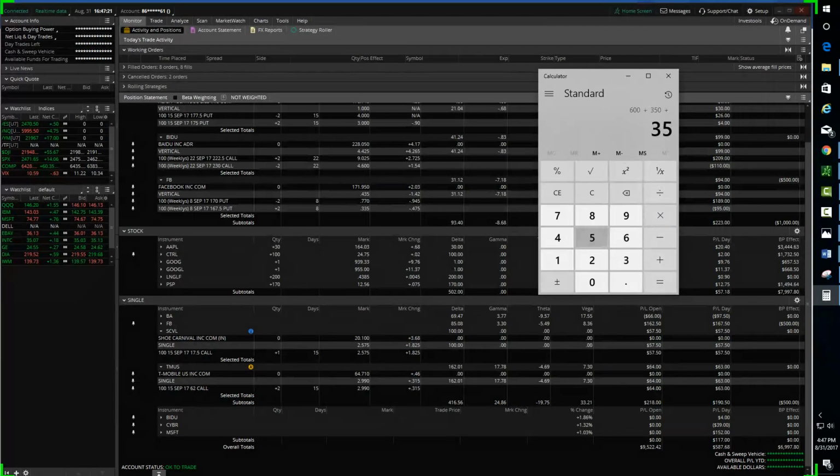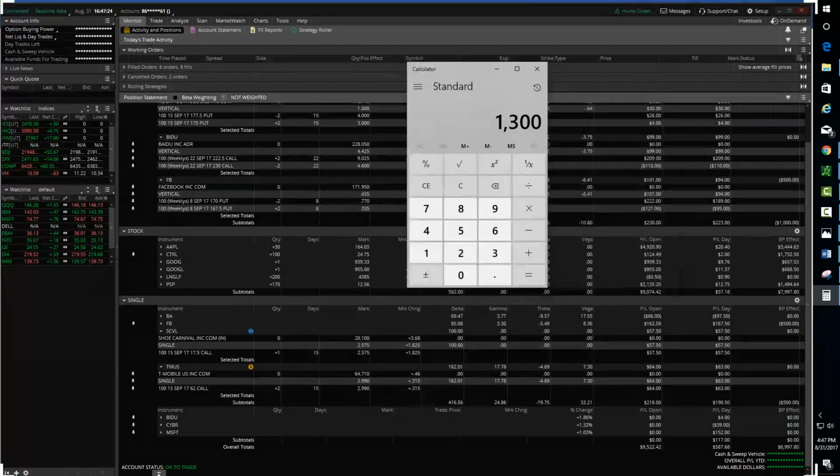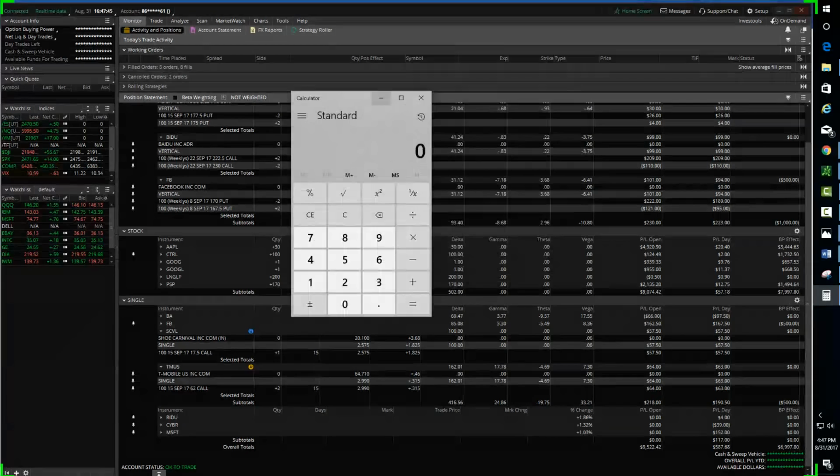So yeah, 1,300 this week, which is really good. I'm happy if I make $600 a week. I'm totally happy with that. $600 a week times 4, an extra $2,400 a month. In a lot of places, that's a starting salary. So that's a lot of money, and really, it will just grow from there.